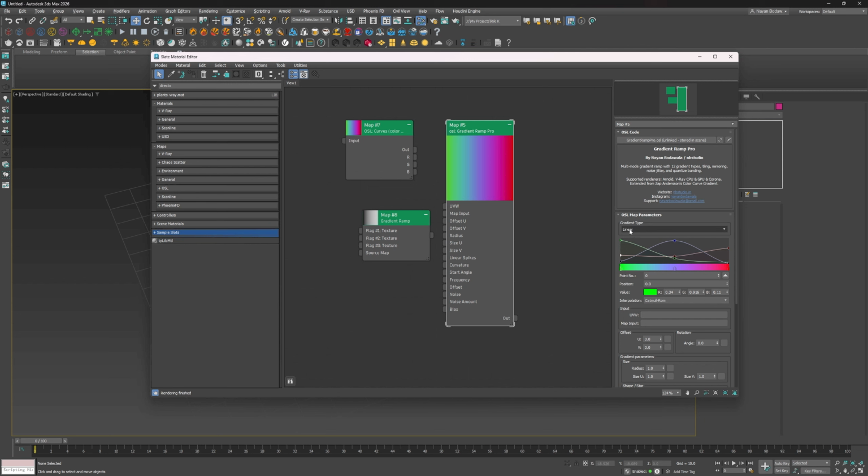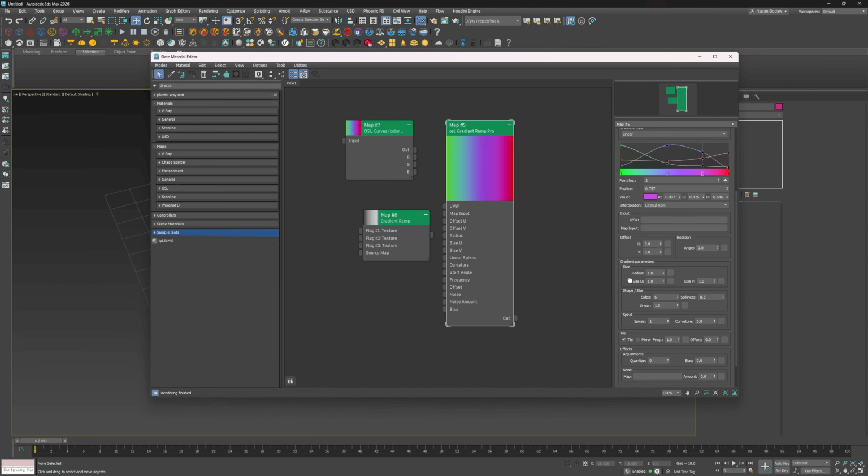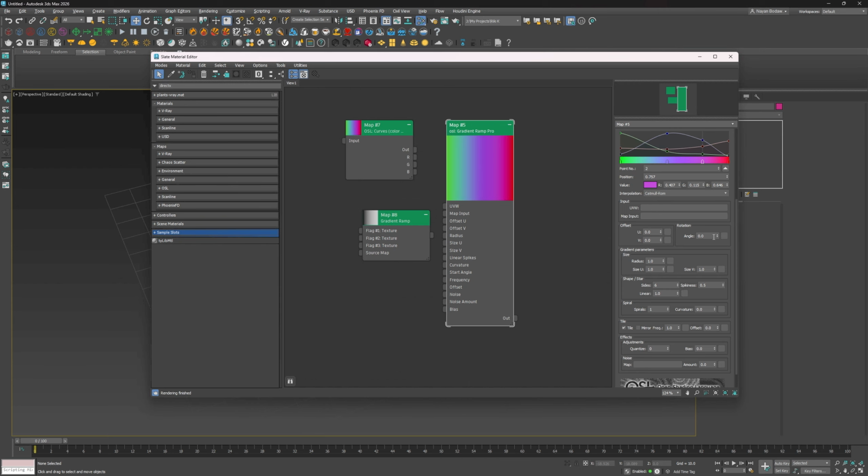Okay, so we start with the linear, which is the basic linear gradient in the x-axis, or you can say, because we are in UV layout, the U layout. And yeah, so this is a simple linear gradient, and you can see that you can add all the new swatches over here. That's the same thing as color curves, but other than that, you have rotation over here. So I can literally rotate